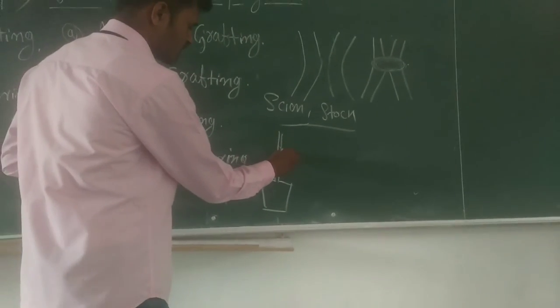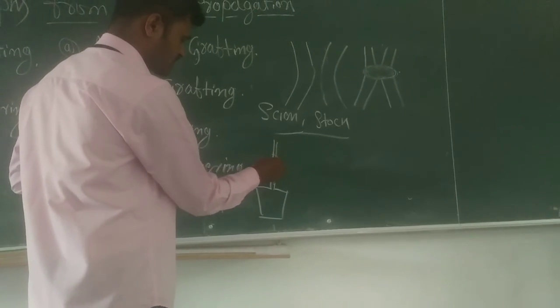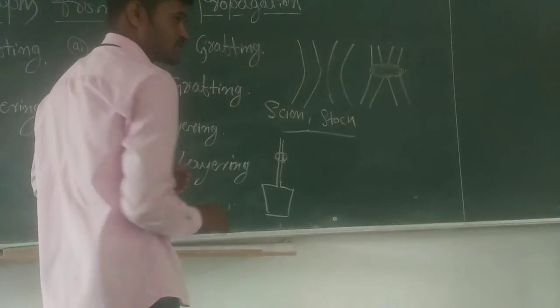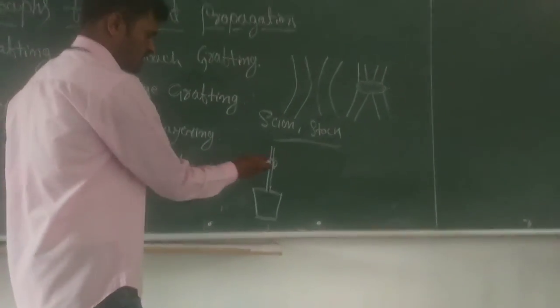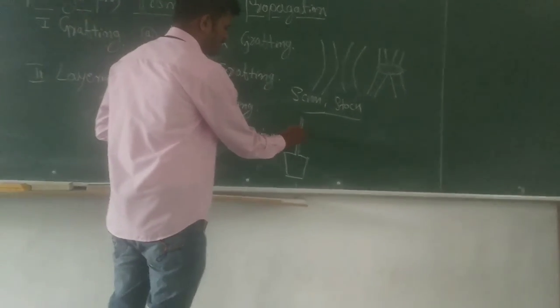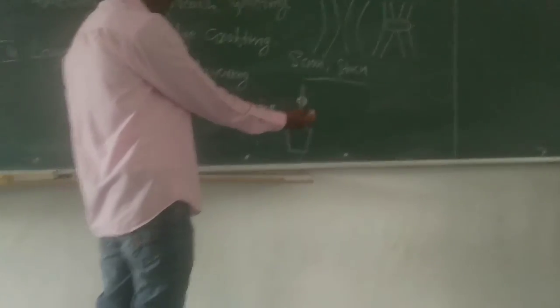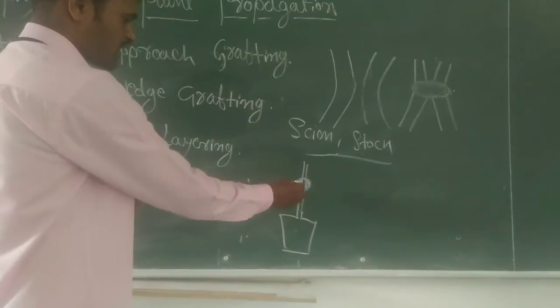After cutting the stem bark, they add sphagnum moss and mud. After 3 to 4 weeks, or 5 weeks, about a month,